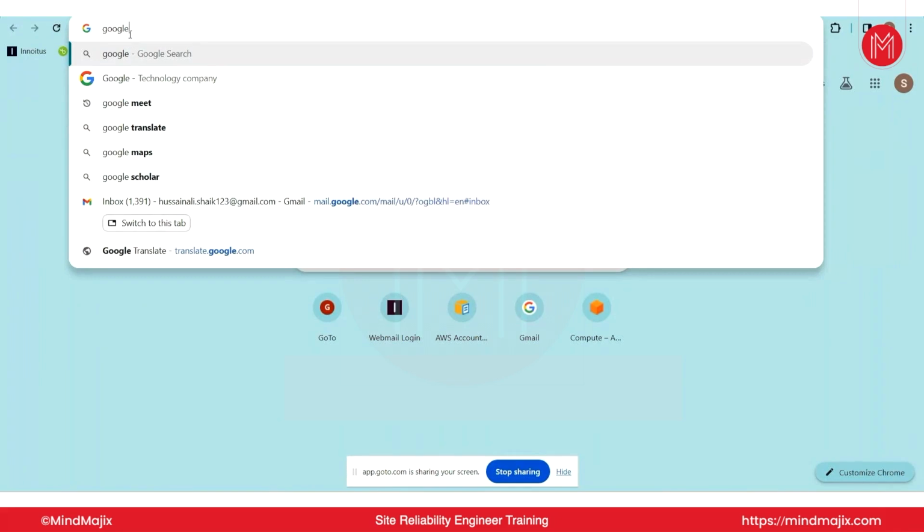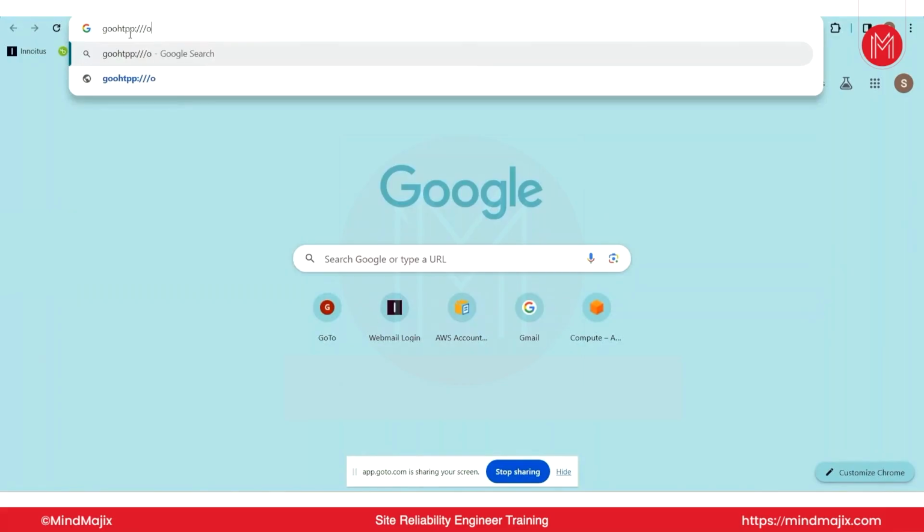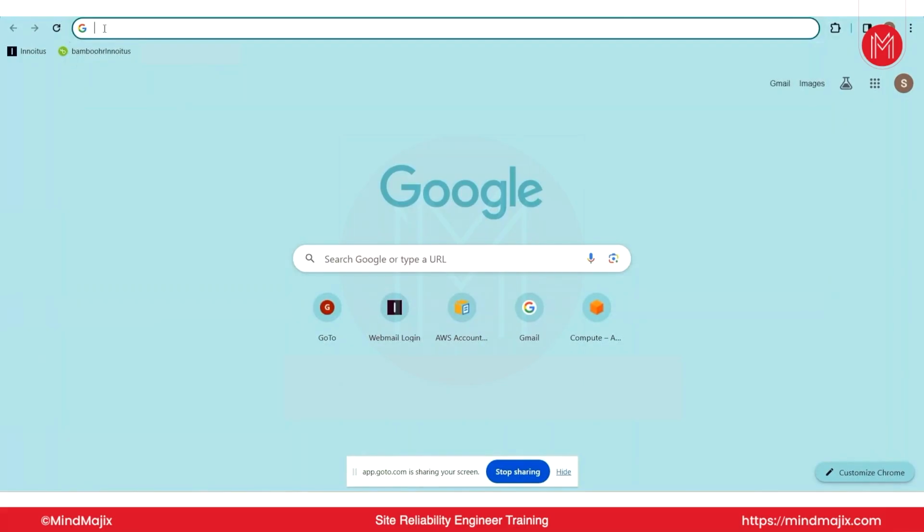You actually won't type HTTPS and the public IP to access it. Instead, you use the domain name Google and from there you access it. Similarly, for every instance there is a public IP and you can access that instance through that public IP. So it is accessible by everyone over the internet.